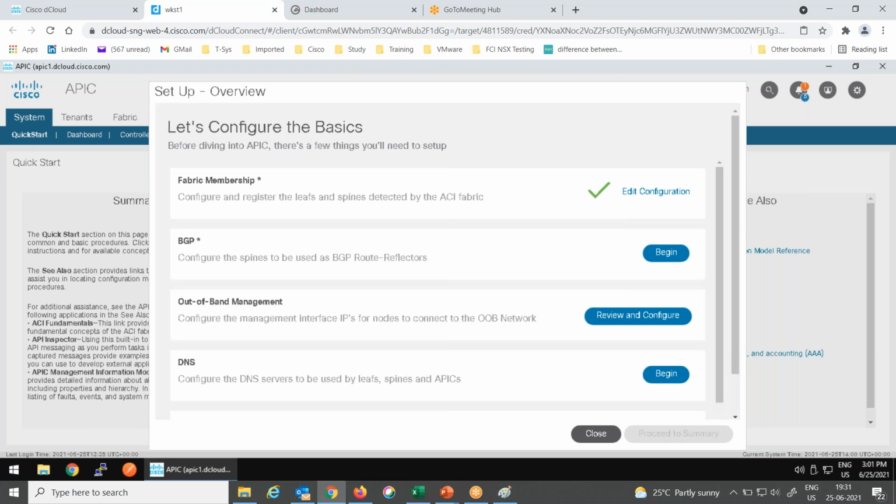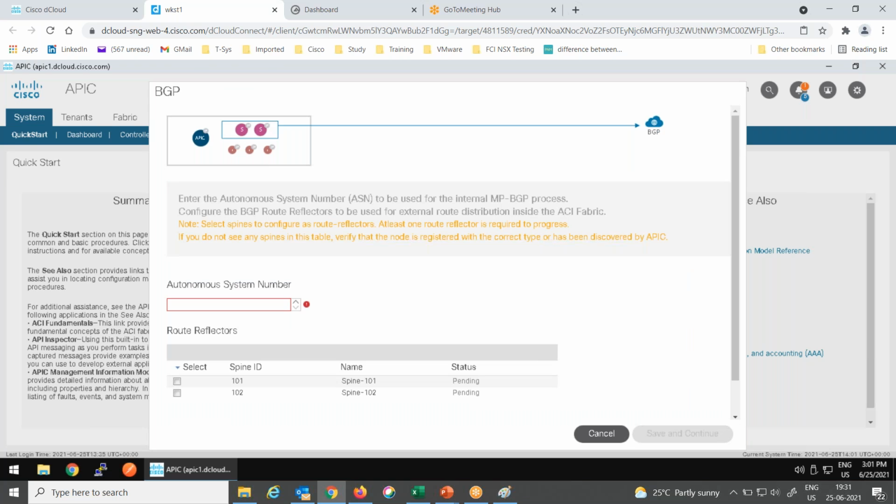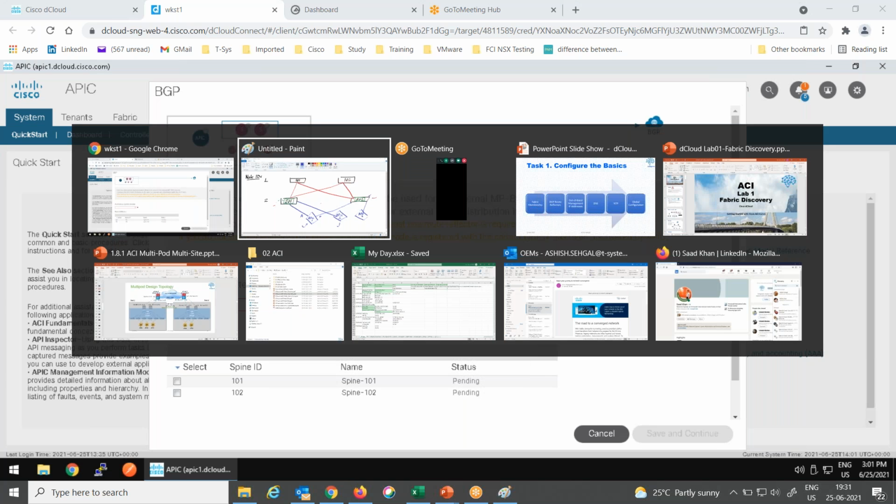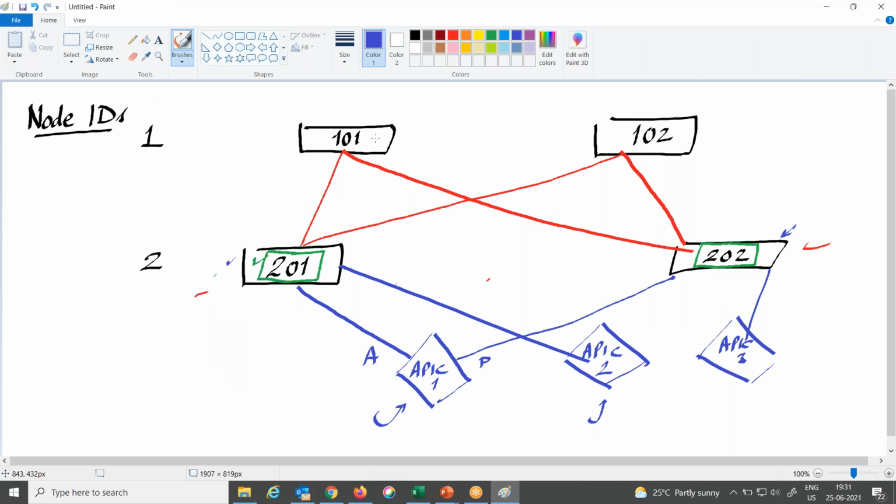Now let's continue. We have another essential component to be configured, which is BGP. So we will click BGP over here. It is expecting the route reflectors to be configured. Guys, I will tell you in detail the purpose of route reflectors, but it is a holistic practice to configure